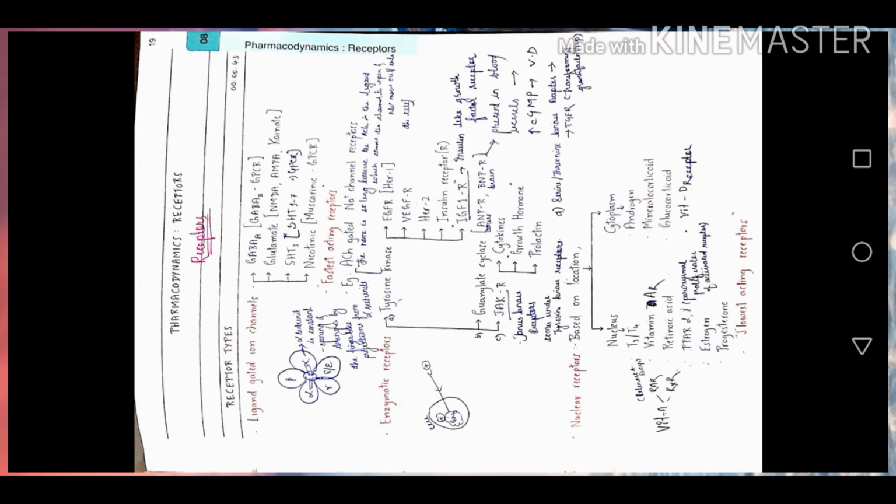Nuclear receptor is the slowest acting receptor, because whenever you stimulate this receptor, first this receptor will inform the nucleus, then in the nucleus they will inform the gene, then the gene will form its protein, and subsequently this protein will act upon different organs or different enzymes, etc. So it takes a very large number of steps to act. So it is the slowest acting receptor, and its opposite is the fastest acting receptor.